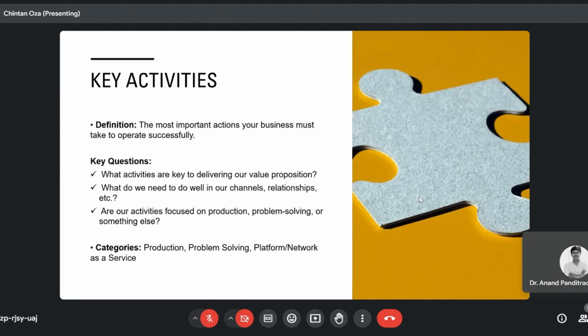What activities are key to delivering our value proposition? What do we need to do in our channels and relationships for a better engagement? Are our activities focused on production, problem solving,